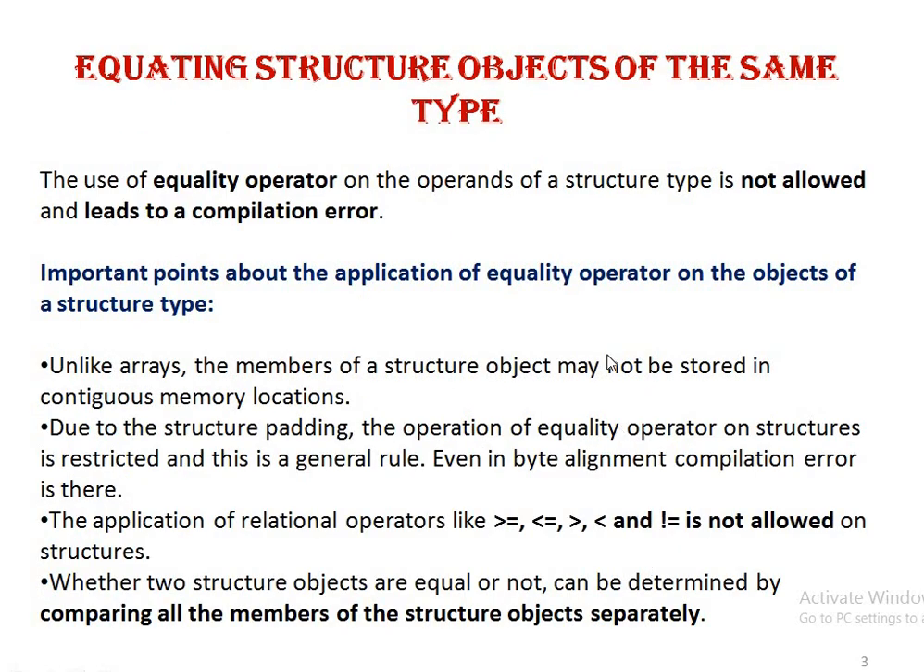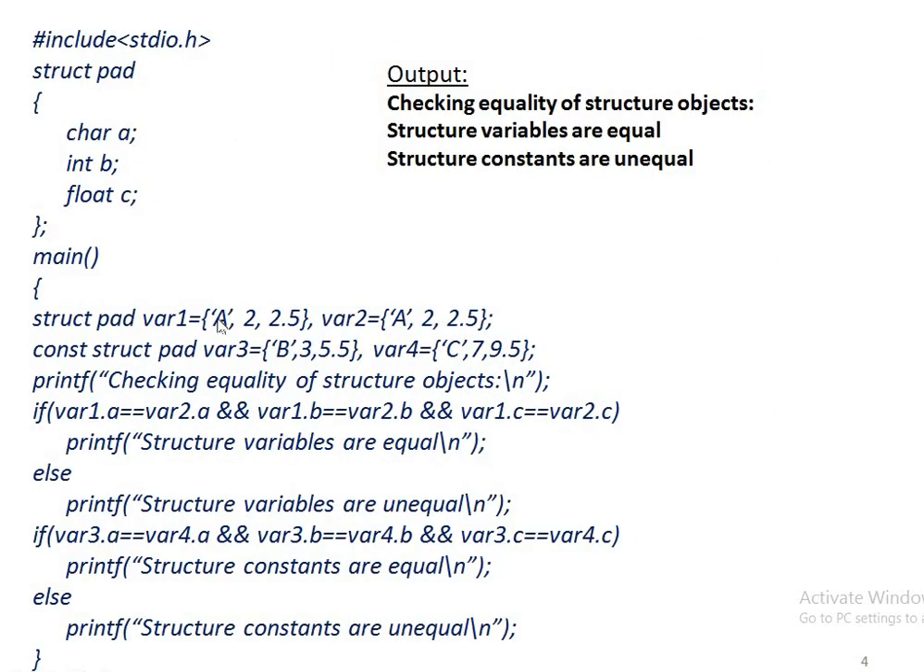Equating structure object to the same type. Two structure objects cannot be equated directly, so member by member we can perform this. In this example we can see this. Variable 1 and variable 2 are two variables having the same member values: a, 2, 2.5. So when we compare them member by member, that means a of variable 1 and variable 2, b of variable 1 and variable 2, c of these, they are equal, and similarly for variable 3 and variable 4 they are